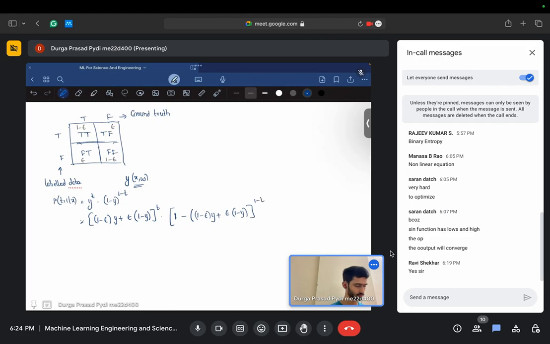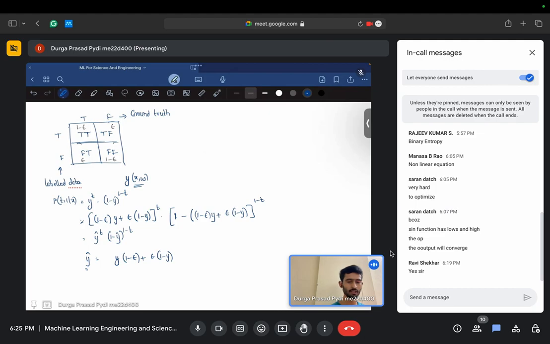Is this part clear? So maybe I will write this in a simpler way. I am just writing it as y hat power t times 1 minus y hat power 1 minus t, where y hat is given by, previously I was using whatever my model is predicting. So instead of that, what I am doing now is I am using an expected value. If y is what my model is predicting, I will use the same value, but I am just taking a weighted average of that versus the other one,